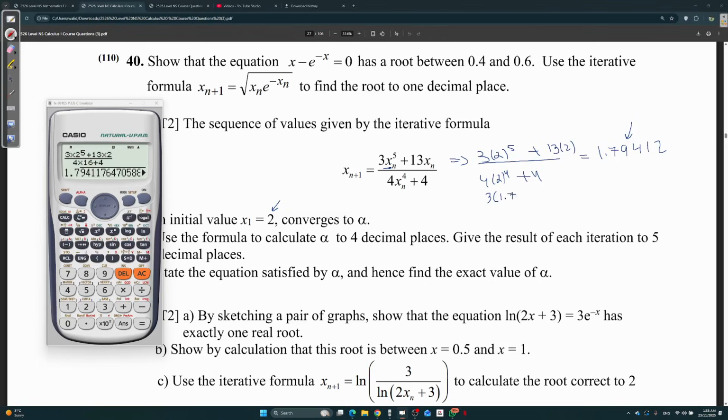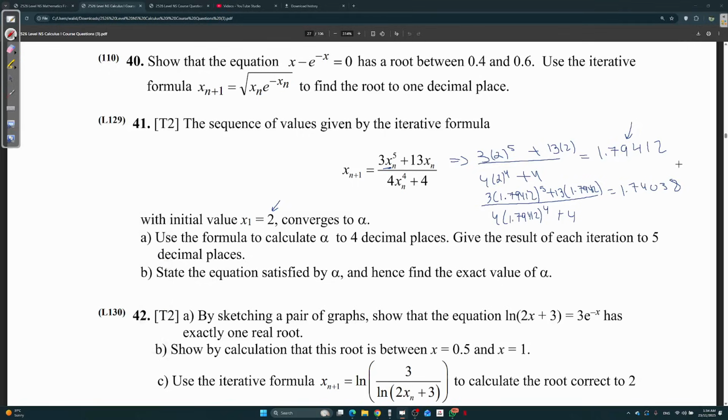So 3 times 1.79412 to the power 5 plus 13 times 1.79412 over 4 times 1.79412 to the power 4 plus 4. You can't take the calculator answer, you have to take it to 5 decimal places. And you get 1.74 to 5 decimal places,